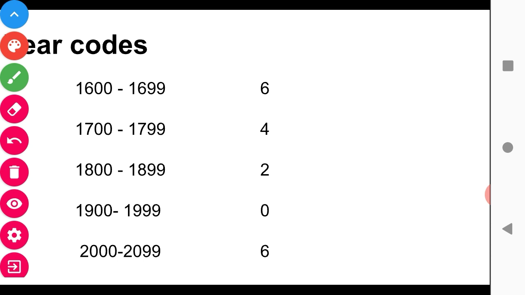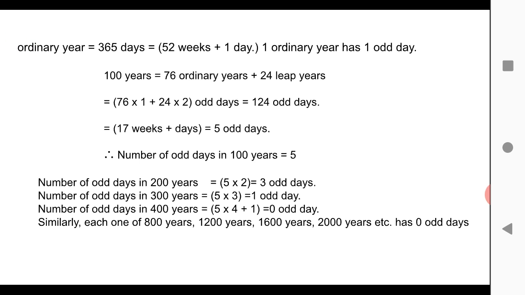First, to know how we are getting month codes and year codes, we have to know some fundamentals of the calendar. So what is an odd day? In the calendar we have 7 days: Sunday, Monday, Tuesday, Wednesday, Thursday, Friday, Saturday. These days are repeating. After Saturday we get Sunday, after Monday we get Tuesday. So in the calendar we are taking these 7 days. The total number of days is grouped into groups of 7 days. The days which are not in a group of 7 days, I take as odd days.